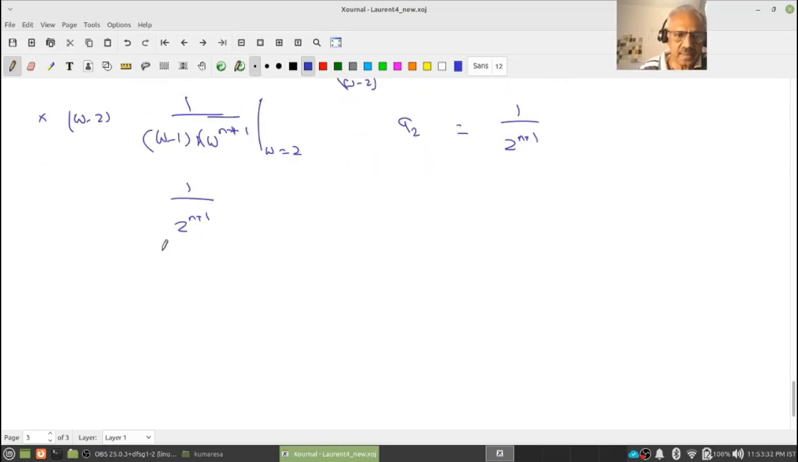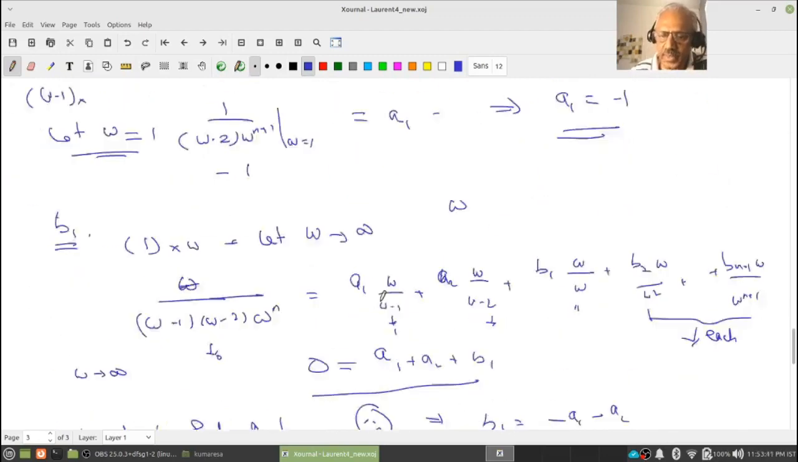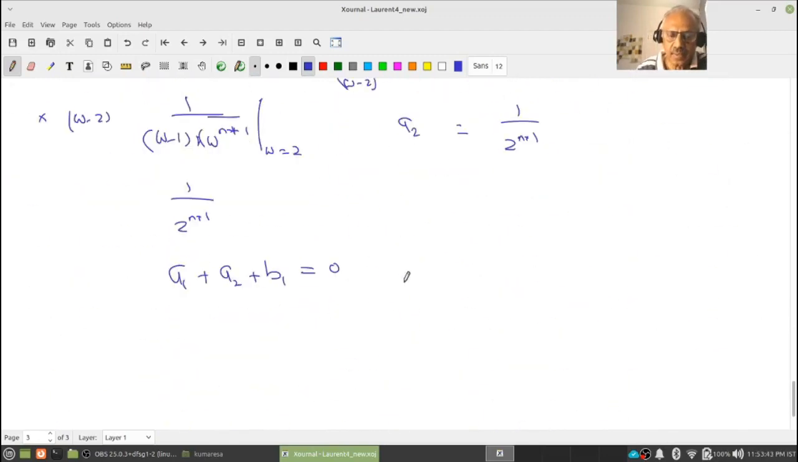Right, now what do I have? a1 plus a2 plus b1 is 0, and a1 I know what it is. I hope it is minus 1, plus a2 is 1 by 2 to the power n plus 1, right, equal to minus b, that is b equal to 1 by 1 minus 2 to the power n plus 1. Okay,